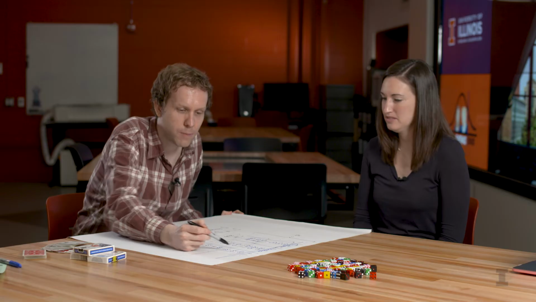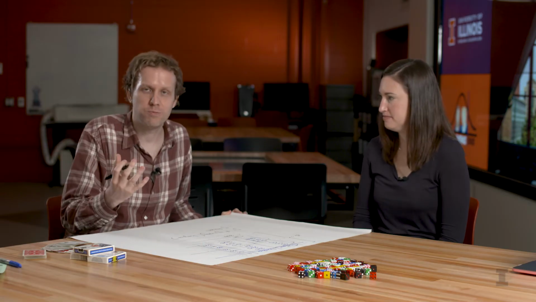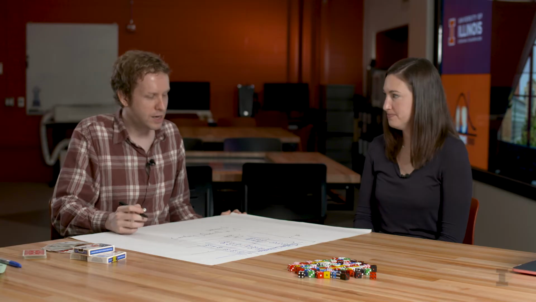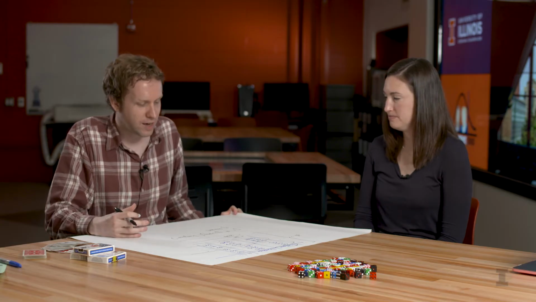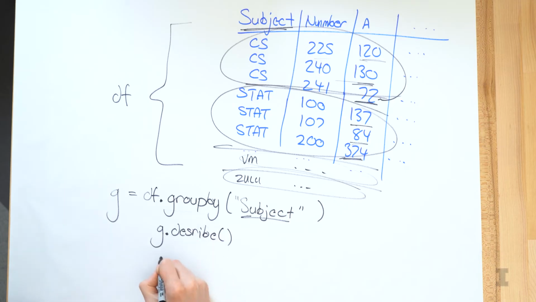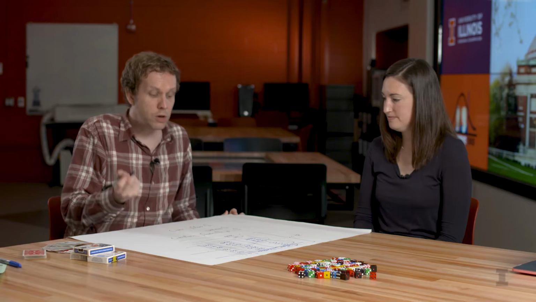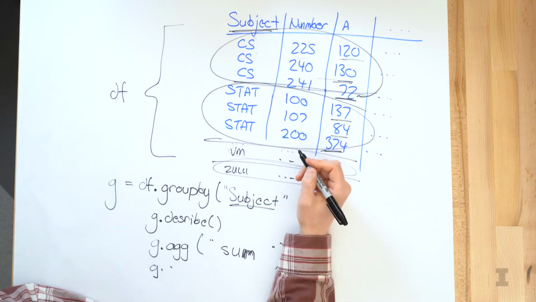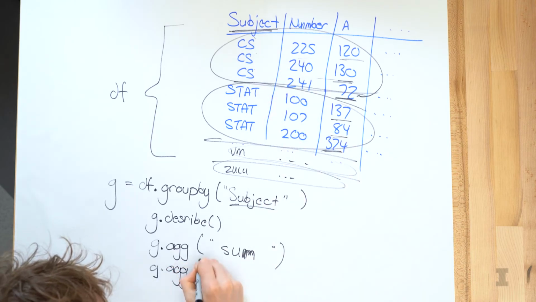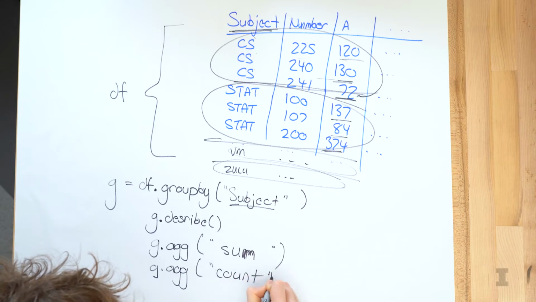So to count up the total number of A's, we're going to aggregate groups together. The common pattern is that we're going to group by and then aggregate. So when we have this group, we can aggregate it by doing g.agg, with any number of summary functions. If we want to sum up the values in all the columns, we aggregate by a sum. We could also aggregate by simply counting how many rows there are. So how many rows of data are there in computer science? We count 1, 2, 3. This is counting. So this would be g.agg of count.